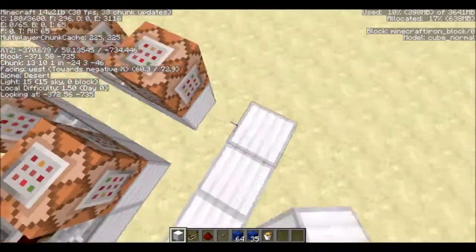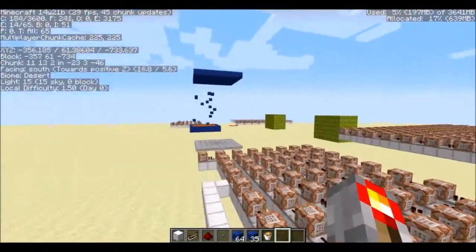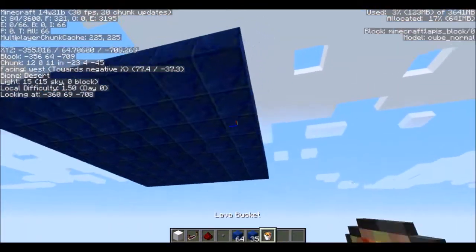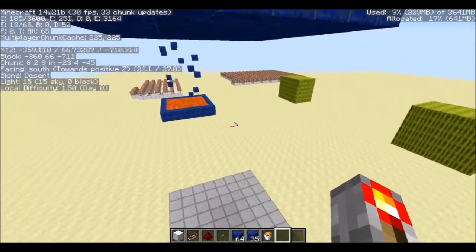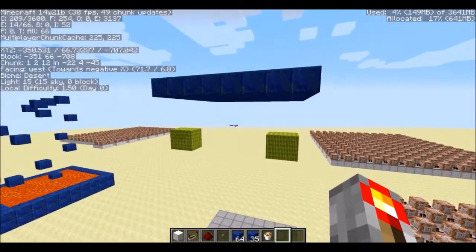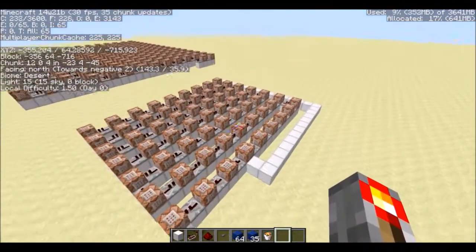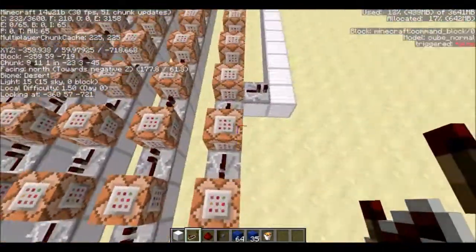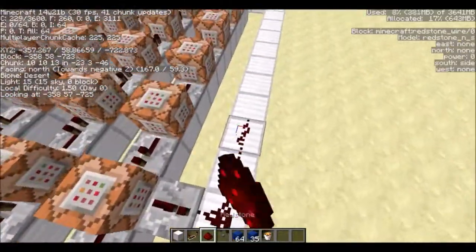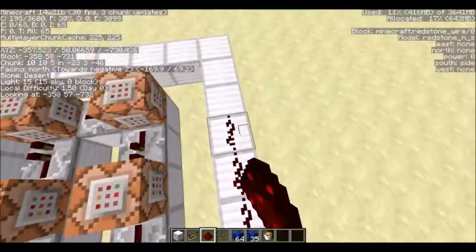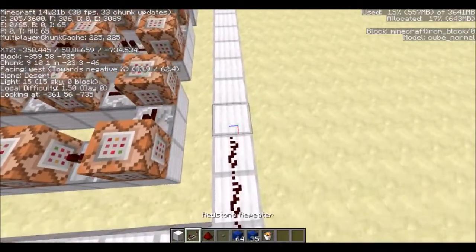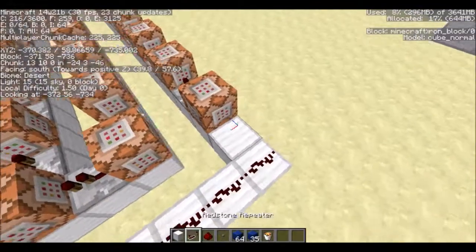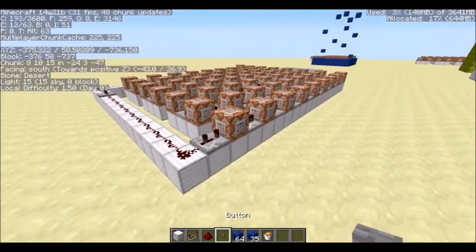And of course, they don't all have to be lapis blocks. Some of them can be lapis, some of them may work with lava source blocks. I've never tried it, I'm not sure if it works. Pretty sure it'd work with an anvil. Why not? So we got 1, 2, 3, 4. So we need 5. 1, 6, 7, 8, 9, 10, 11, 12, 13, 14, 15. 2, 1, 2, 3, 3, 4, 5. So now if we hit this button,